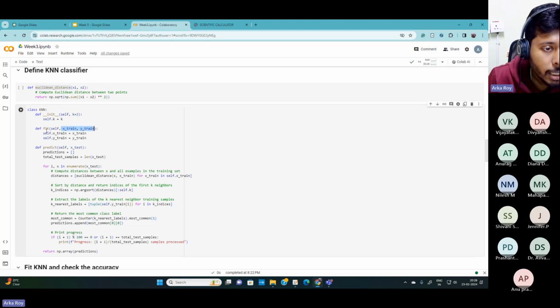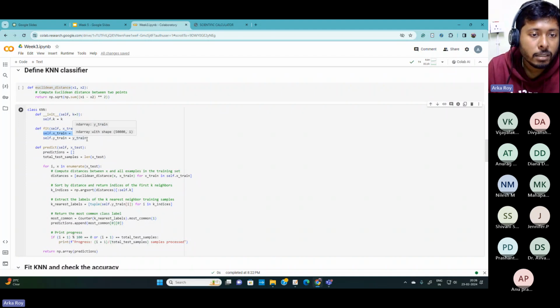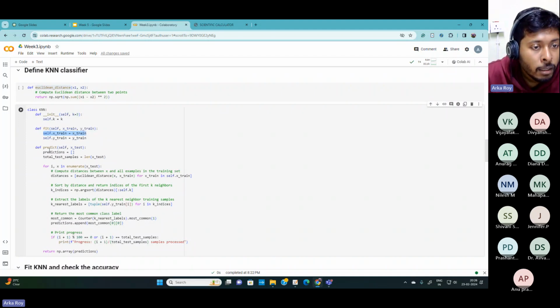So I am defining fit as a self function. Self function will basically give you a container on top of which you can store the xtrain and ytrain. So it basically acts as an object for this xtrain and ytrain. Over here, self dot xtrain is equal to xtrain and self dot ytrain is equal to ytrain. It basically indicates what the value of xtrain and what the value of ytrain is. Then